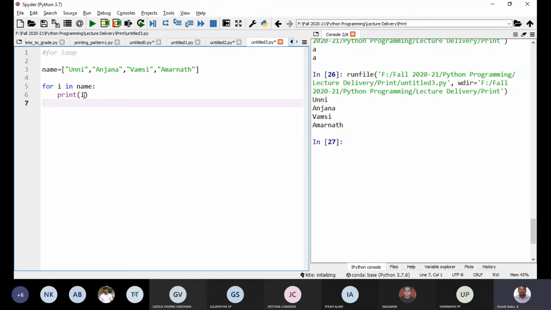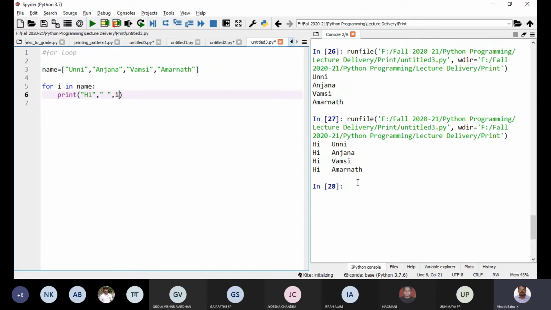If you want to do something like, I want to print hi, then some space, you can see what is happening. So hi Unni, hi Anjana, hi Vamsi. So I'm just repeating something.